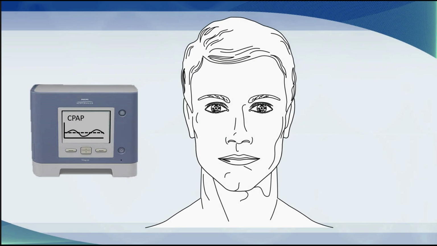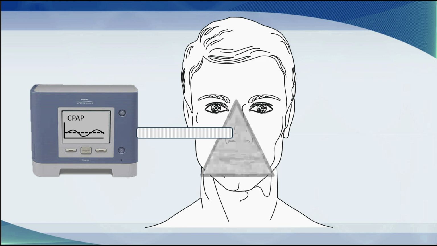There are different types of delivery devices for CPAP, but usually these days we give CPAP through a non-invasive ventilator, such as the one that's on the left-hand side of the screen. In the community, the most common way CPAP is delivered is through a nasal CPAP mask, but this is rarely used in the ICU. We usually use a mask that either covers the mouth and the nose or covers the